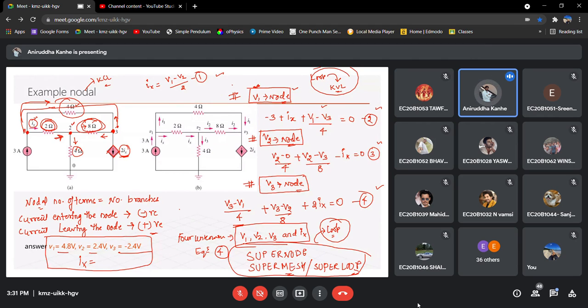Okay, so that's it for today. If you are facing any doubt, you can always ask me. You can make a note of all these things and solve it on your own, write down all these equations again and solve using the calculator, and let us see whether you are getting the same answer or not. And if you are facing any doubt, please note it down, and in the next class you can ask me.